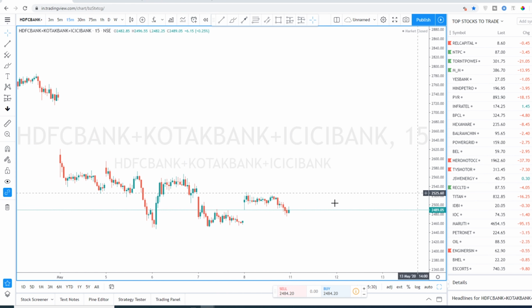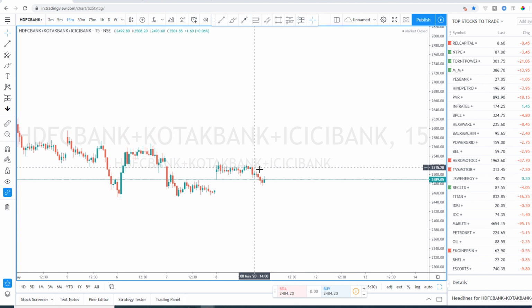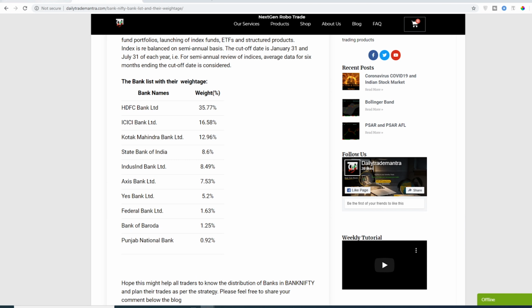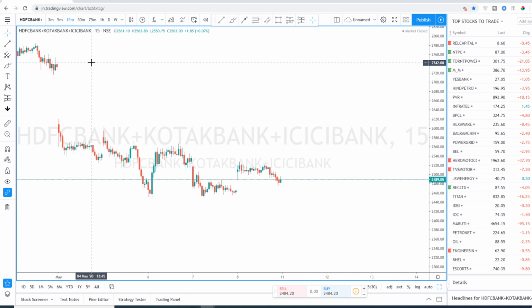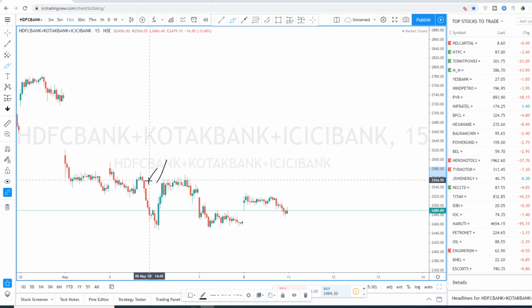So this is the chart of all the three stocks. When you see there is a huge downfall in these, I mean, this is not a proven strategy. This is just for an educational purpose. It is a feature that TradingView offers. If you feel that there is a huge red candle in these three stocks, which means that Bank Nifty should fall, right? When you see this happen, what does it mean? It just means that the Bank Nifty also is going to fall, is falling, or correct. So yeah, that is how it works.